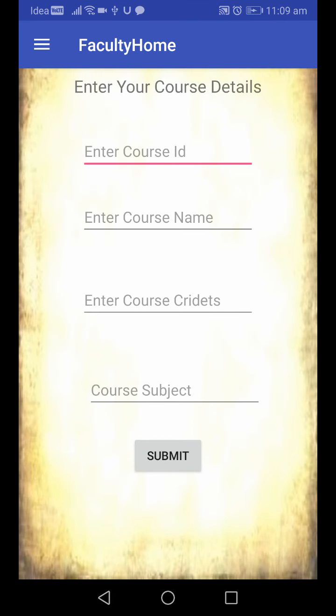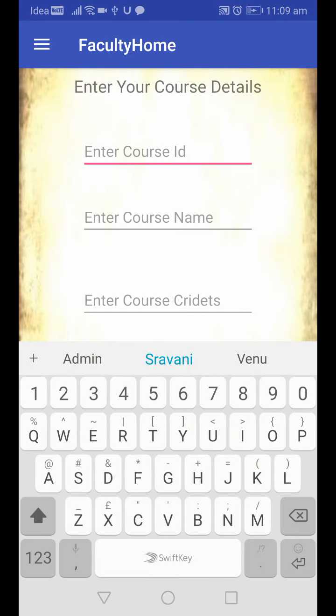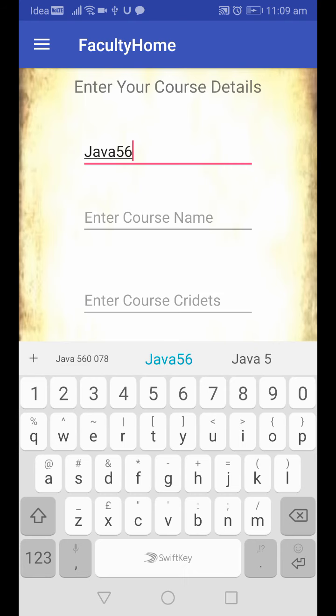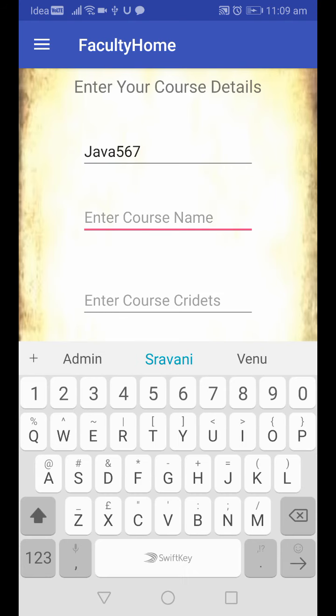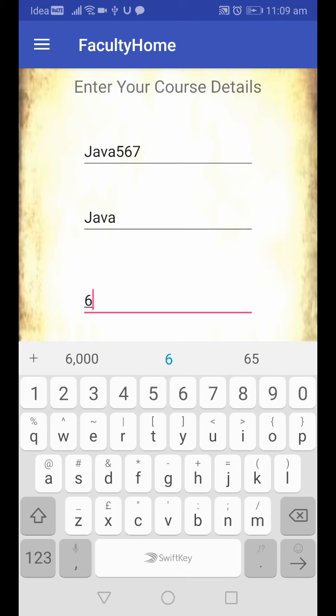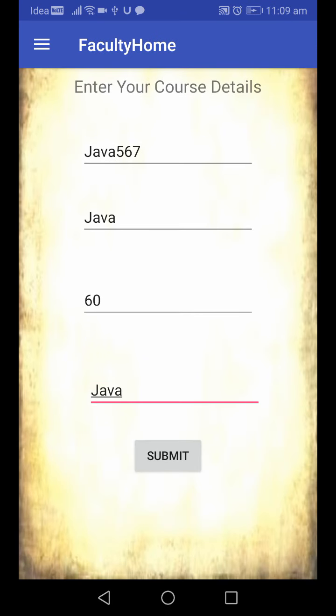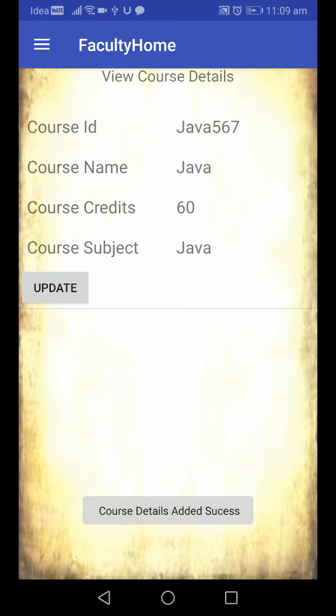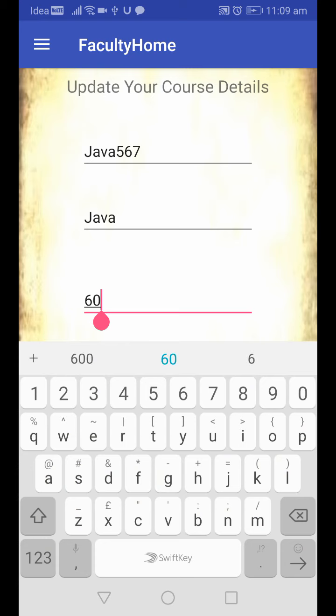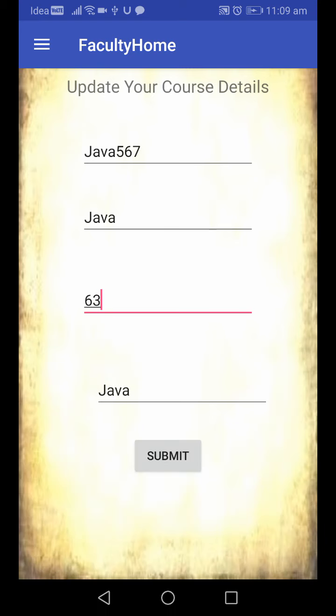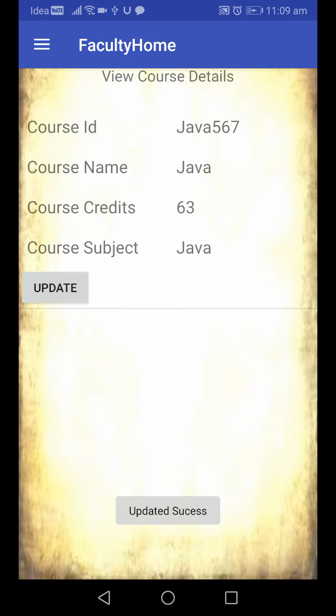If I want to add my course details, like my course ID Java 567, my course name Java, course credits 60, course subject Java, submit. If I want to update, my course credits change to 63, so update it.